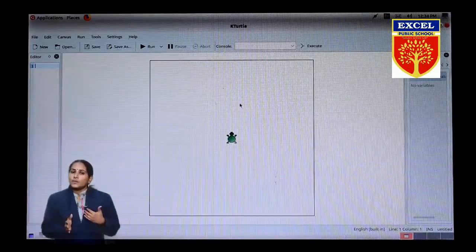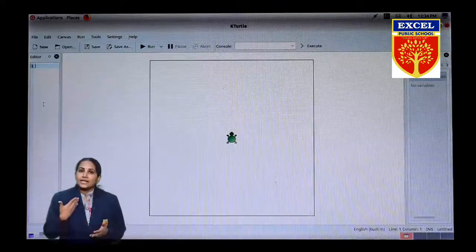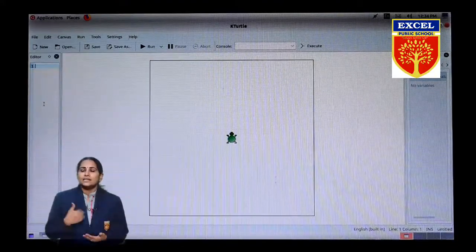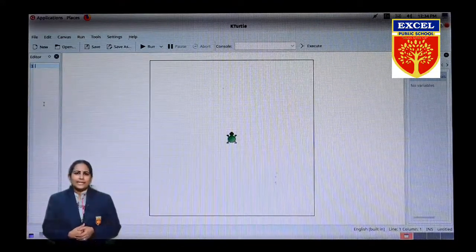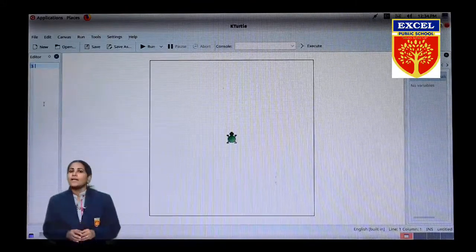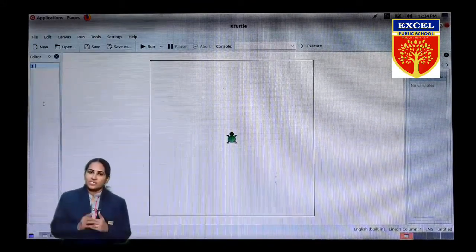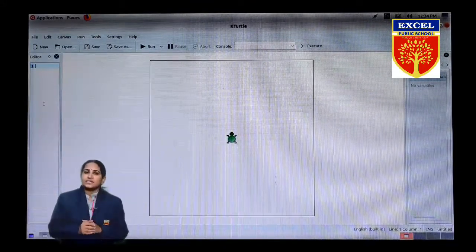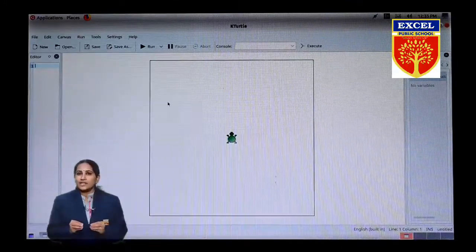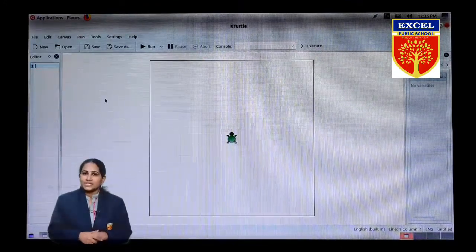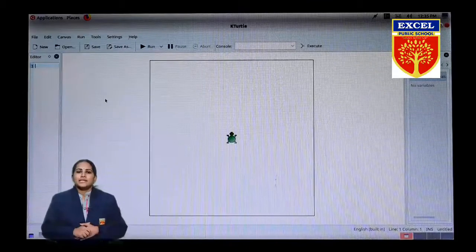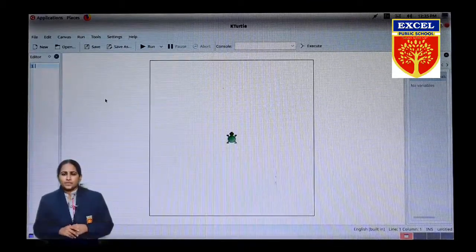Now we are going to see how we can command the computer with the KTurtle program. This is a very easy command language and you can understand it very fast. This language is mainly for children, made for easy understanding.